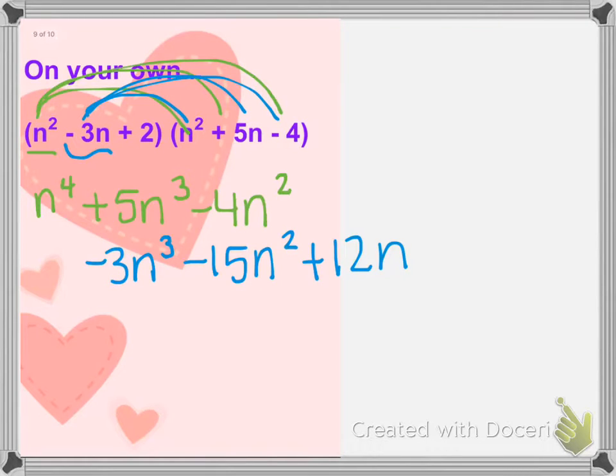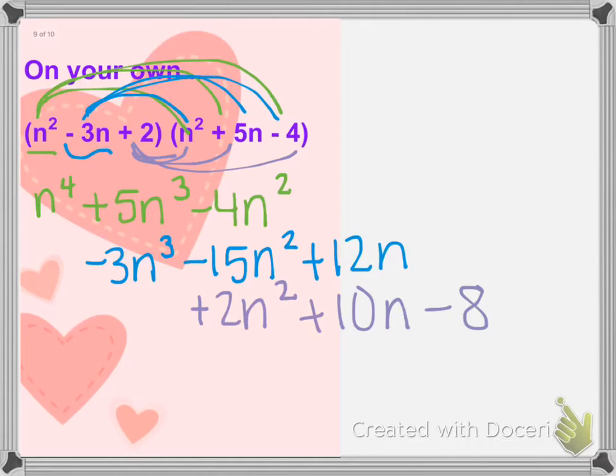I'm not done yet because I still have a 2 that has to be distributed. So 2 times n squared is a positive 2n squared. Again, I just moved down and over a spot. 2 times 5 is a positive 10n, and 2 times negative 4 is negative 8. I've distributed every term in my first set of parentheses to every term in my second set, so now I'm